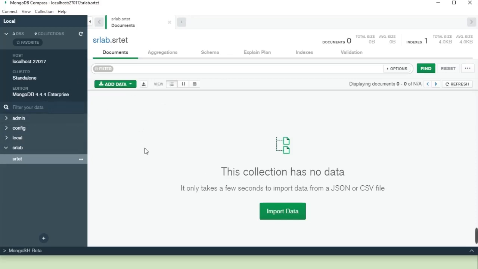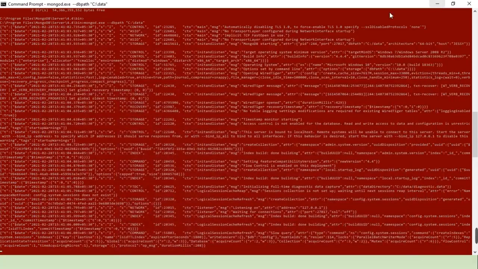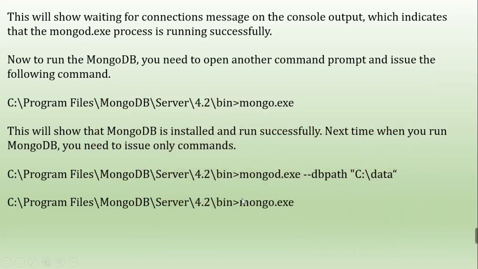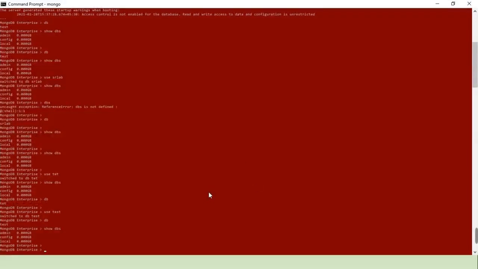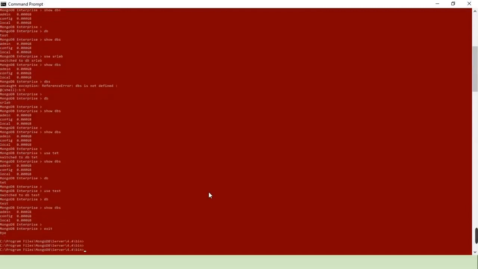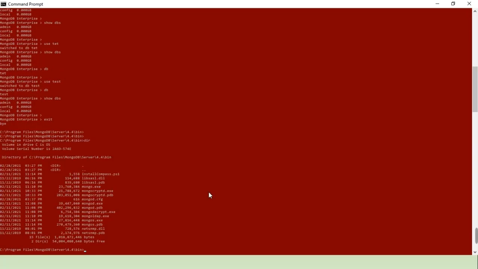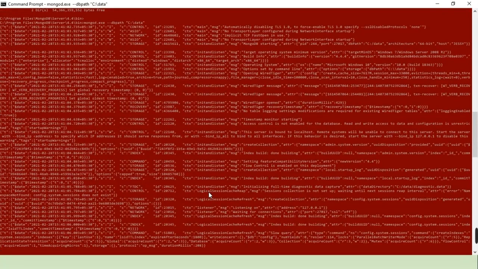These are not GUI based, but we can create them at this level too. I will exit and connect again with mongo. You can see the database processes are running here.